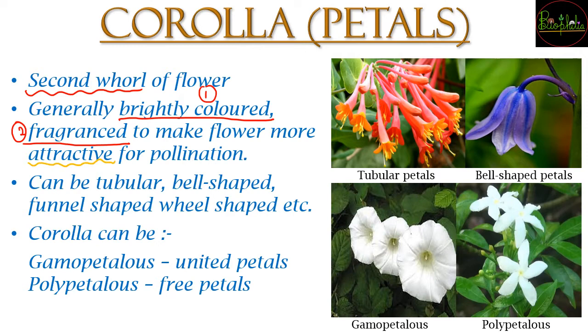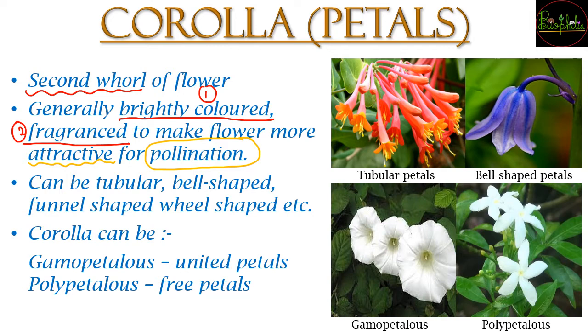And why do we need attraction? For the pollinators to perform pollination. Pollination means male pollen should go and reach the female, in the case of plants which go for cross pollination. So to lure the pollinators, like honey bees or insects, or even humans in some cases, for that reason, for pollination, these flowers have petals that are very brightly colored